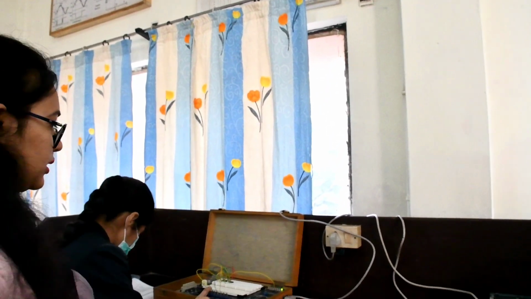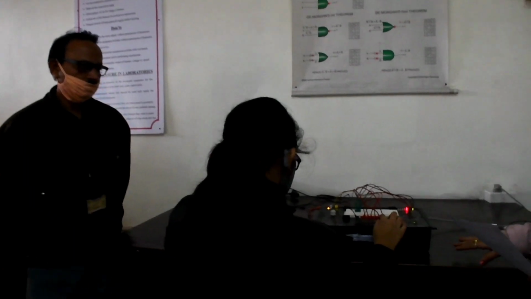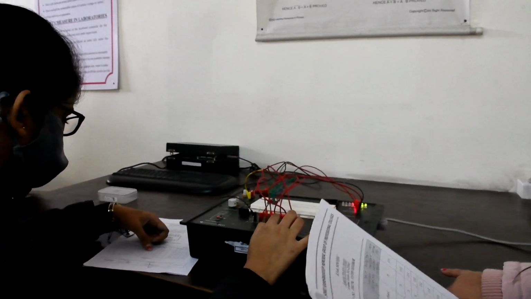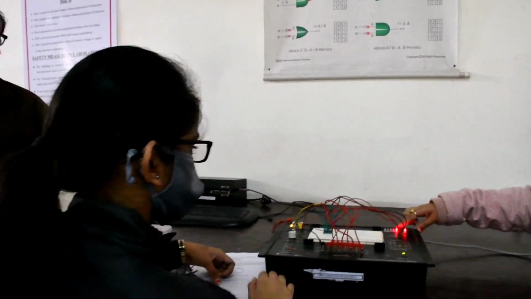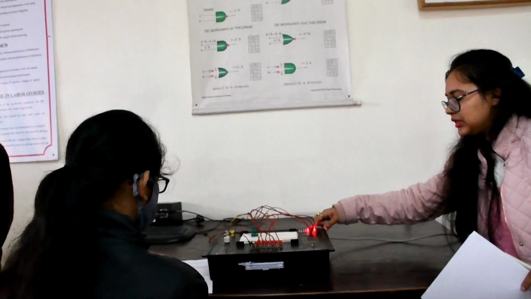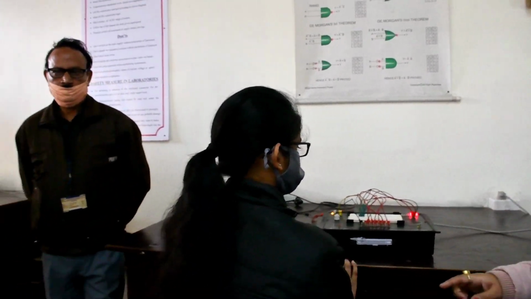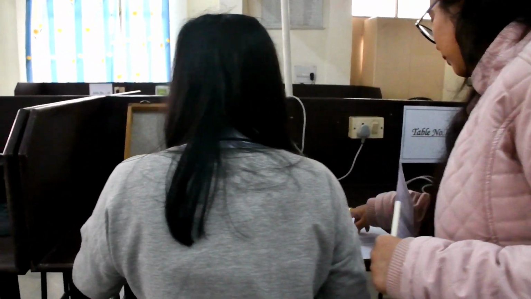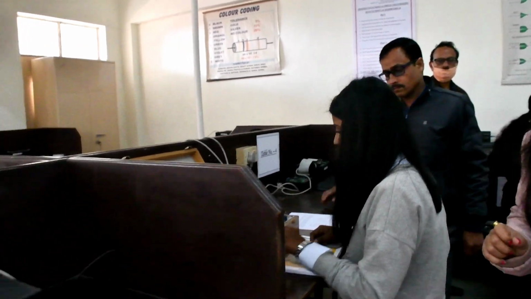Outputs can be seen by this LED. This is experiment third, binary adder and subtractor, 4-bit parallel adder, and you can see the output. This red light is given high output and this green light is given low output, logic low. Okay, this is experiment 4, 4 cross 1 mux, and this is table number 5 in which experiment 5, 1 cross